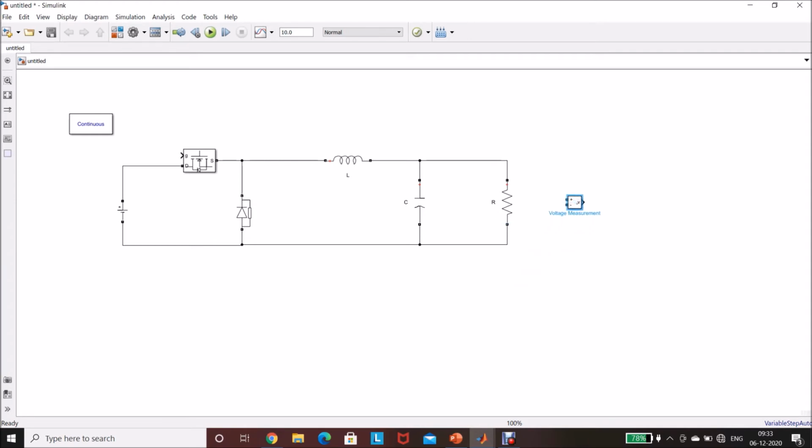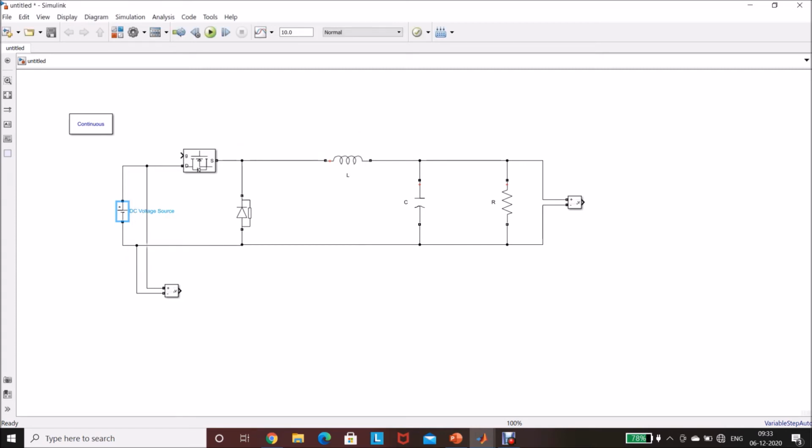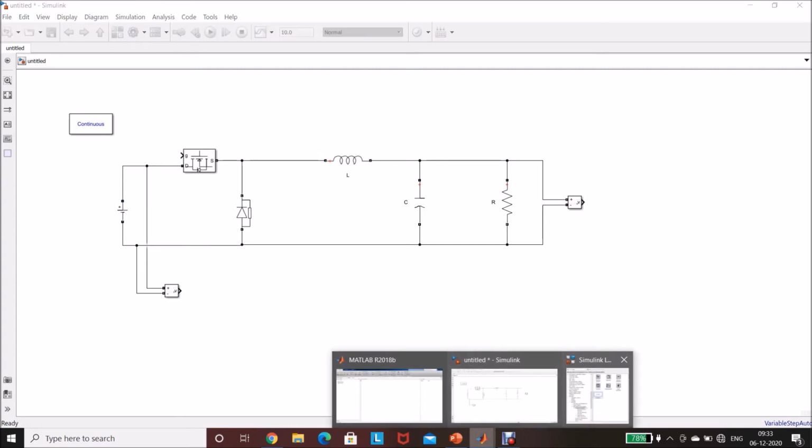For that we need two measurement blocks. Control left click, drag and drop to make another, to measure the input voltage as well as the output voltage. Double click the source, change it to 12 volts, click OK. Now Simulink library,